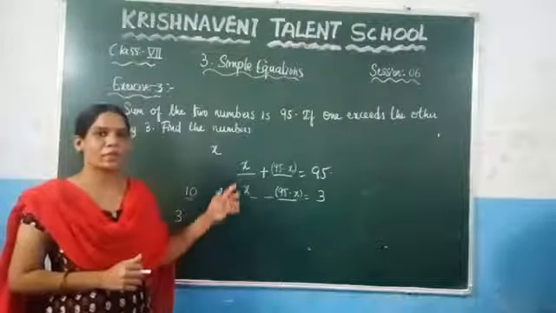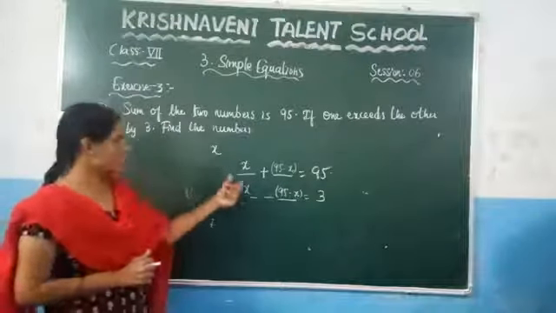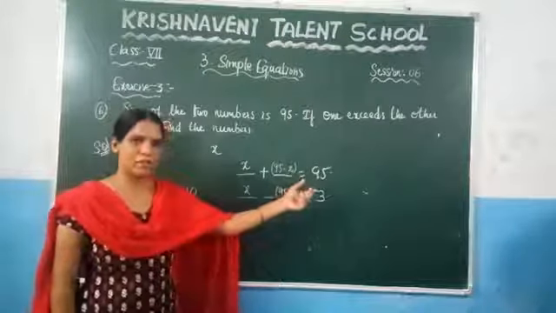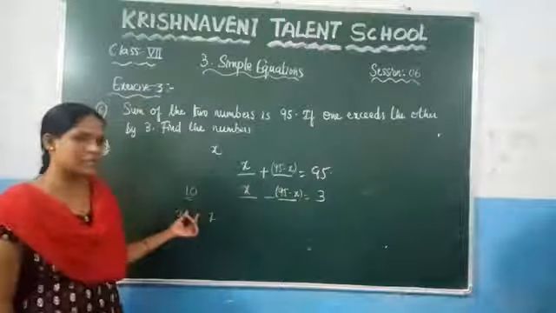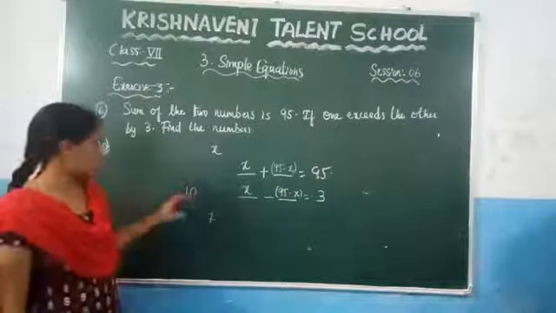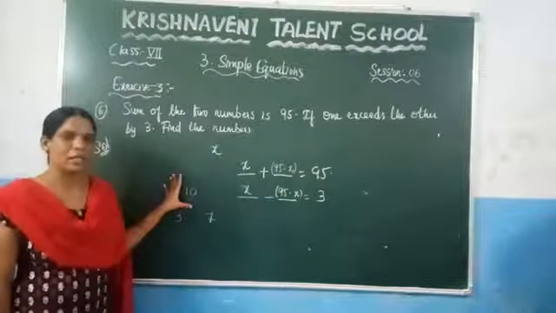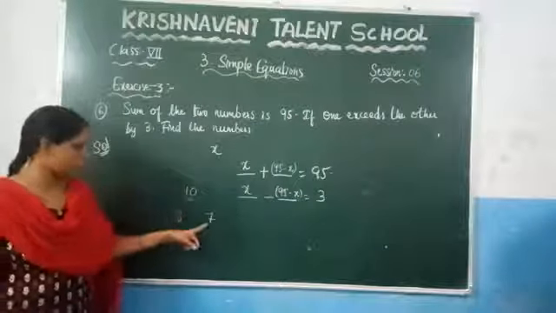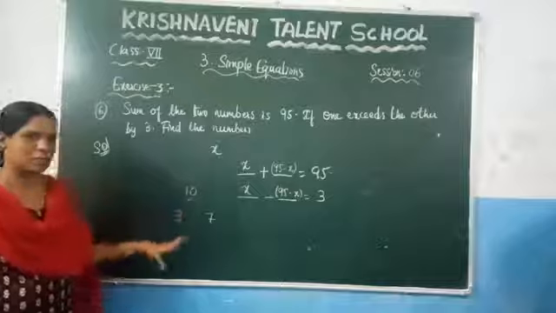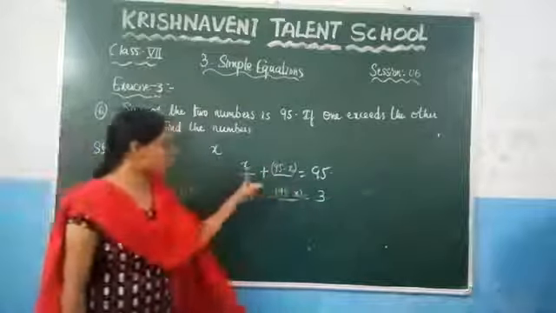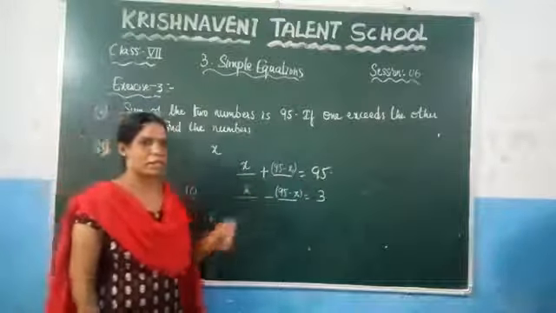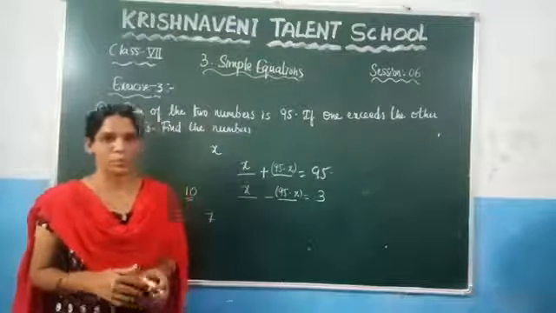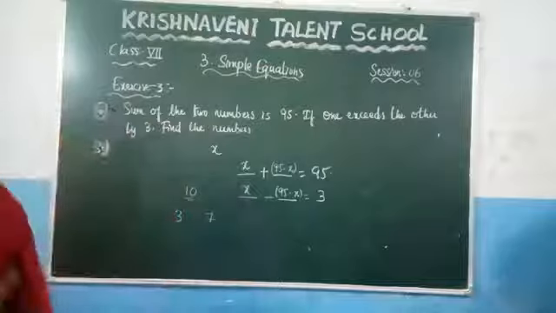Let us consider one number as x. So if one number is x, what should be the other number? You need to subtract x from 95, because in the example we took, let us consider the sum of the two numbers as 10, and if one of the numbers is 3, then to get the 7 we are subtracting these two. Similarly here, you need to subtract x from 95, so that you are getting the other number. Now based on this condition, we are going to solve this problem. Now see here how to solve this problem.